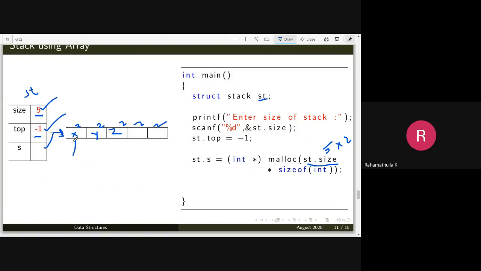Correspondingly, if you read a value to this location, it means you push or insert a value. Top is equal to -1 means there are no elements. If you insert a value, top needs to be changed. Top equal to 0. If you insert one more value, top is equal to 1. If you delete a value, correspondingly top needs to be changed. You have deleted some value, top is equal to 0. If you delete one more value, top equal to -1, and so on. So this is how it will look in your memory.